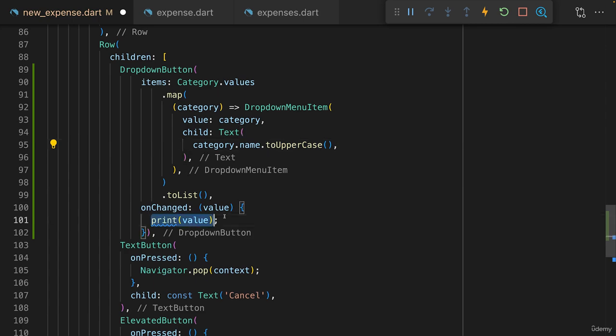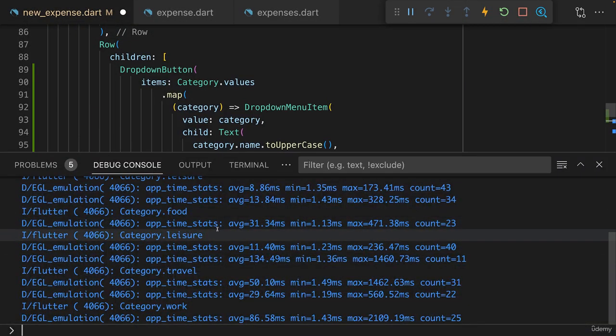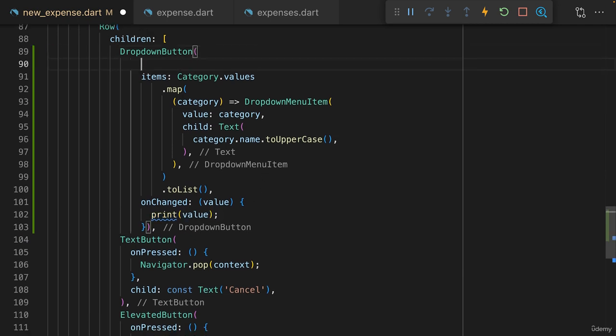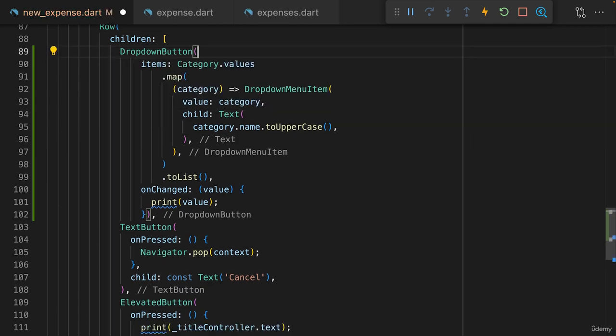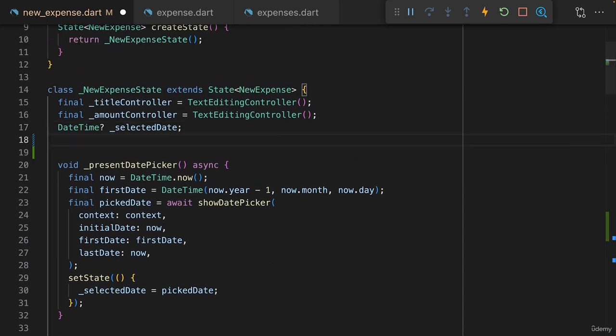In addition, I now want to store the value that was selected, because just to quickly show you this, if you do go to the debug console, you can indeed see the different selected values there. So printing worked and selected worked, but I also want to store the values now so that we can later use them when our form is submitted. And for that, we can't use a controller. Drop-down button does not support a controller,